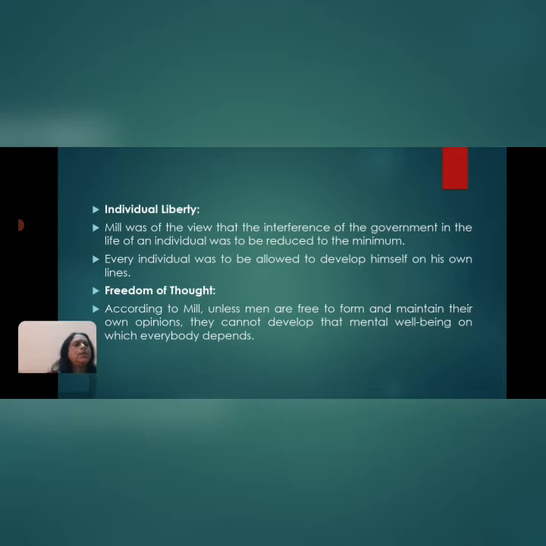Mill contended that diversity and originality are both necessary and desirable for the progress of the people. The free play of individuality must lead to differentiation among them, and any effort by the government to control it would lead to monotony and mediocrity, which is not in the better interest of society. So Mill was very clear that there can be no self-development without individual development.